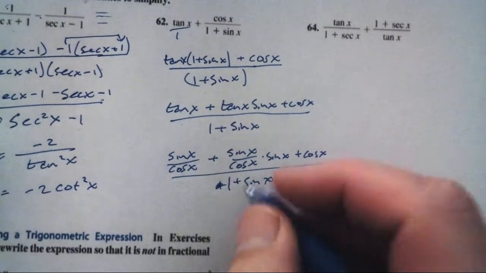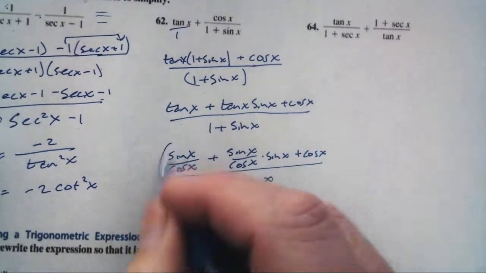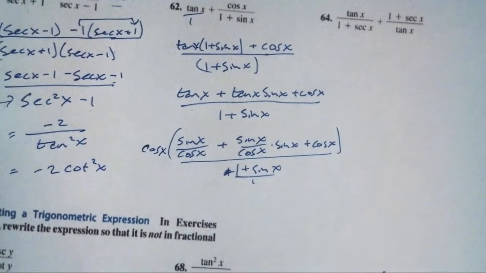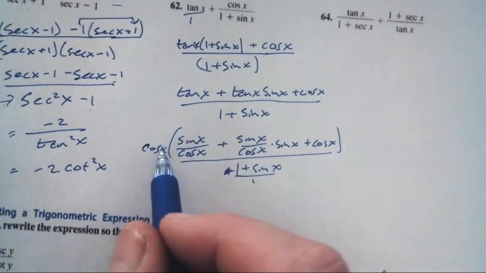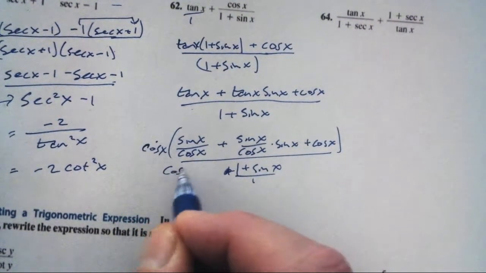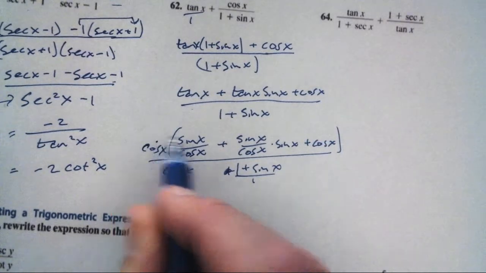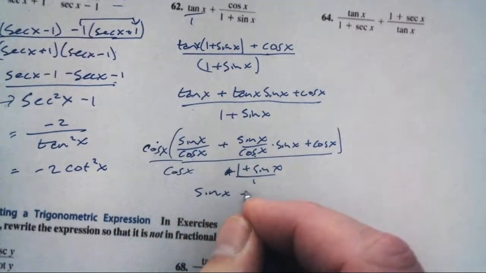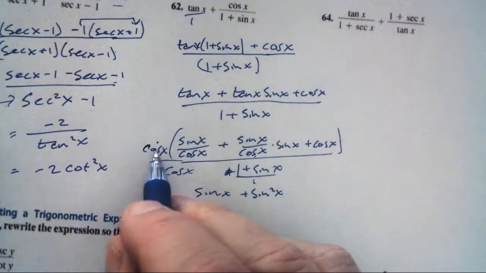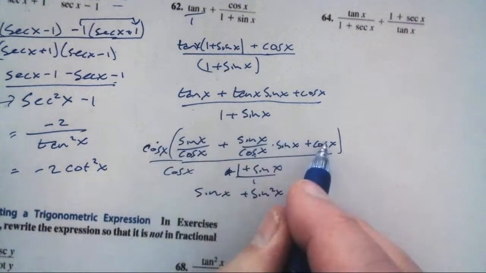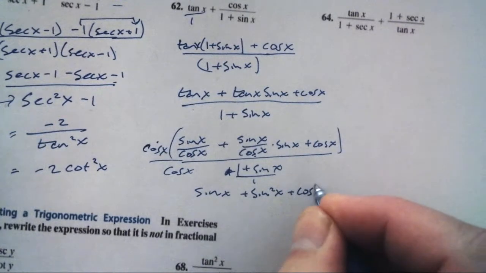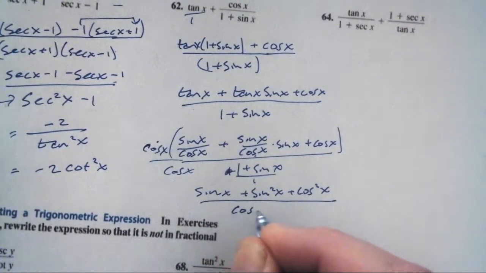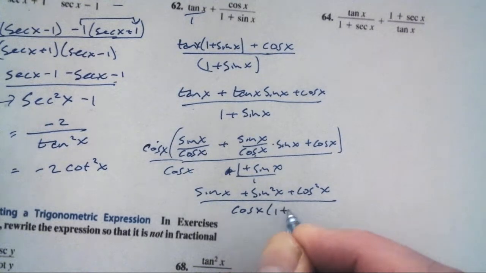functions in them. I'm going to multiply the top and the bottom of this thing by cosine of x. And when I do that, I can do that because I'm multiplying by 1. The cosine cancels, I get sine of x. The cosine cancels, I get plus sine squared of x. The cosine doesn't cancel, I get plus cosine squared of x, all on cosine of x times 1 plus sine